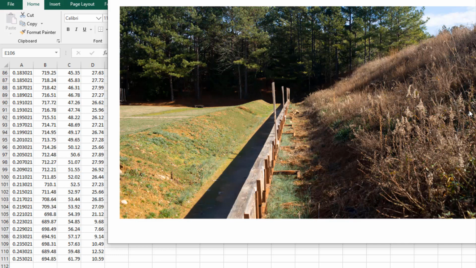And then as the bullet hits the berm, it's going to knock up soil and rocks and possibly previous bullets. And all of those obstacles are going to cause radar signals to bounce off and come back to the unit. Well, the LabRadar unit knows it's getting these erroneous signals, and so the signal to noise ratio really starts dropping. So it isn't the LabRadar unit's fault that these velocities here can't be trusted. It's the terrain that I was shooting on.